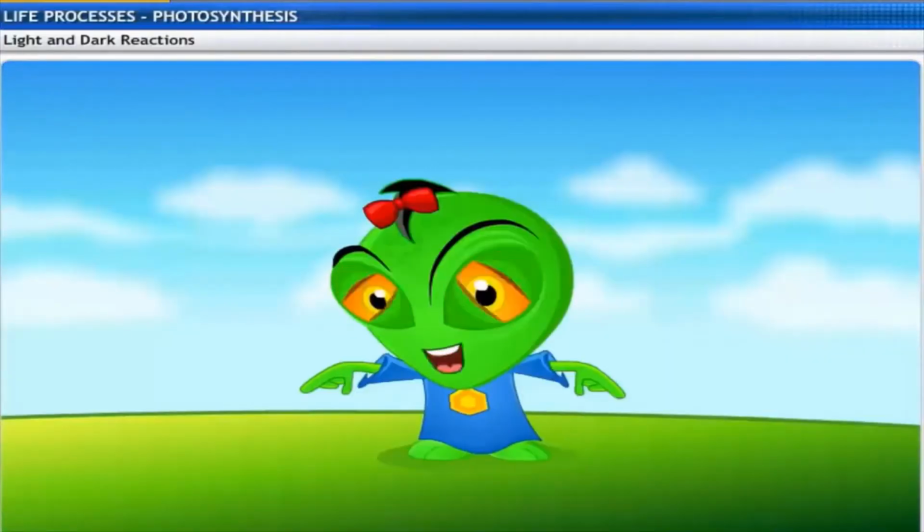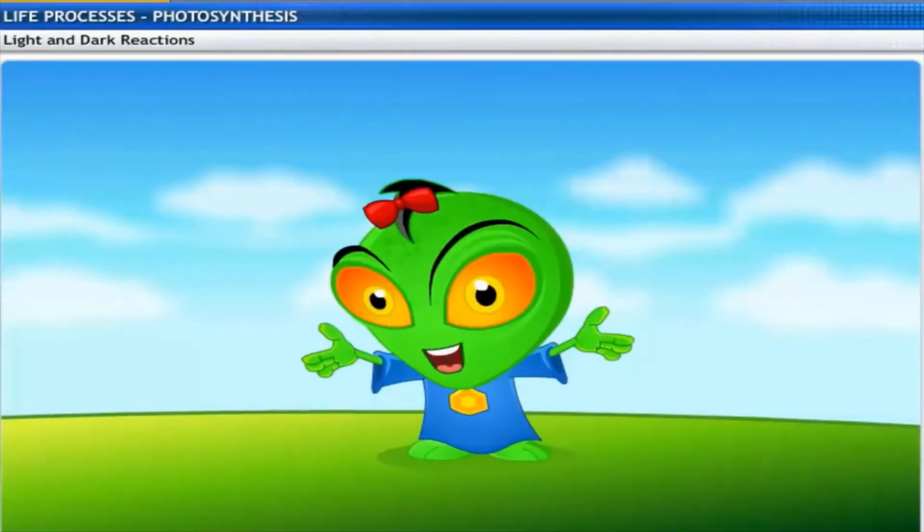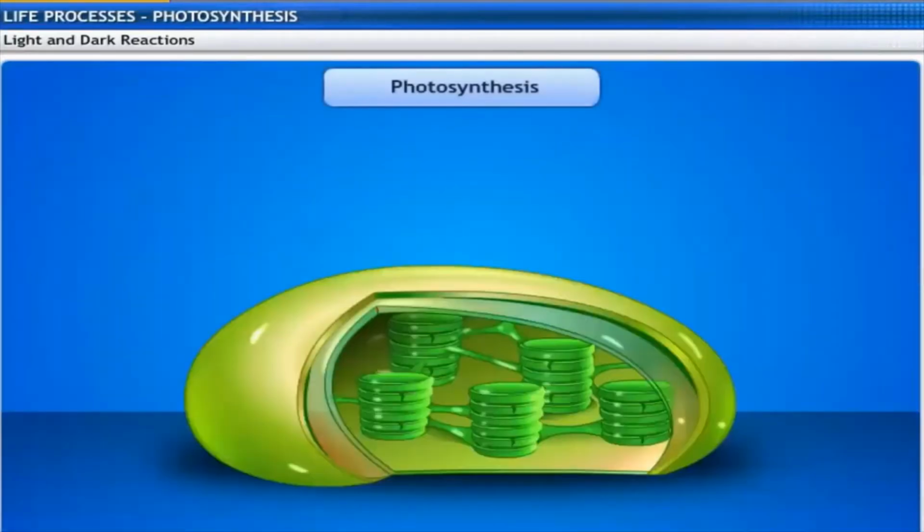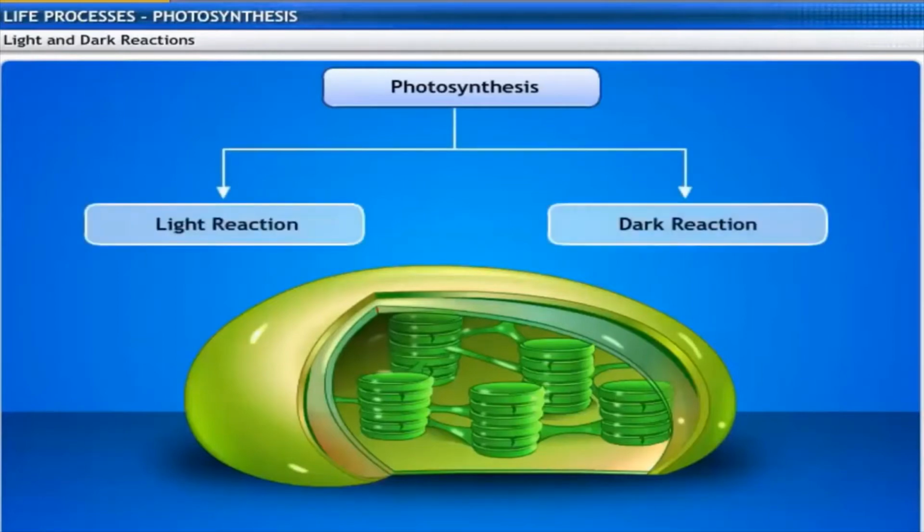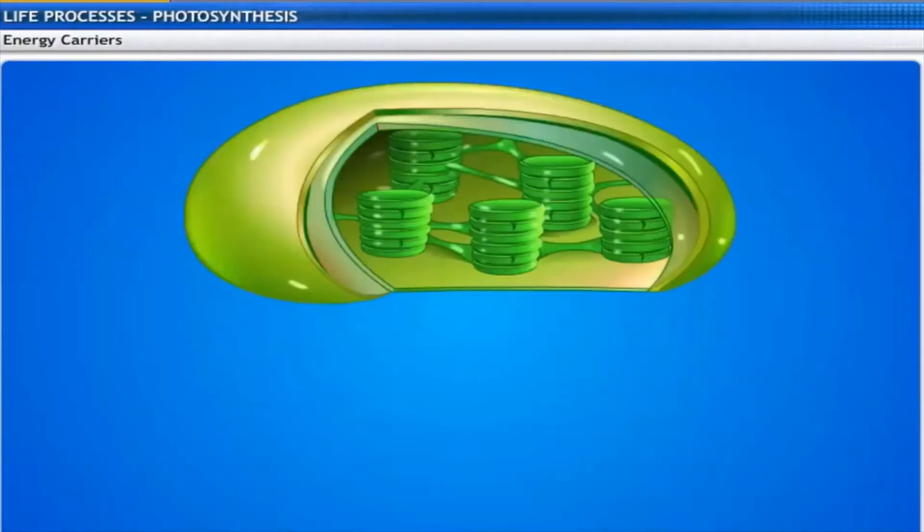Interesting. And how does the process of photosynthesis take place? Photosynthesis involves a series of photochemical reactions that consists of two phases, light and dark reactions. Light reaction takes place in the thylakoids of the chloroplast. Dark reaction takes place in the stroma of the chloroplast. The energy carriers involved in photosynthesis are